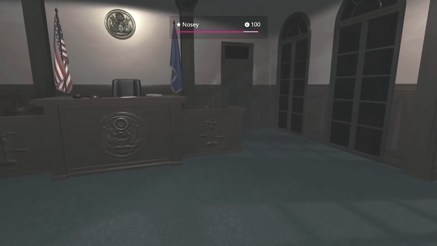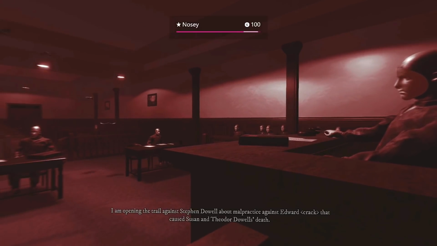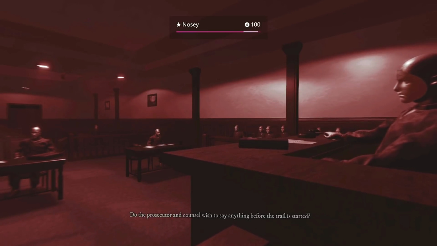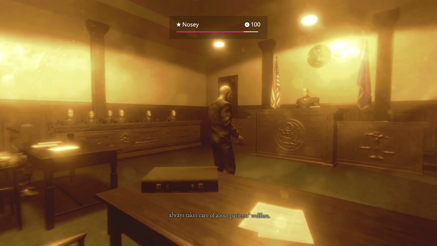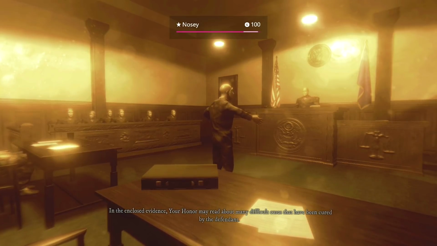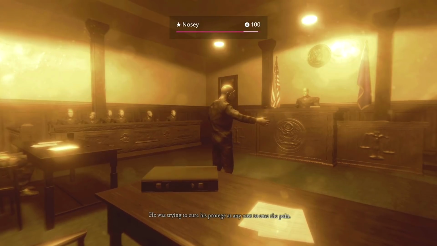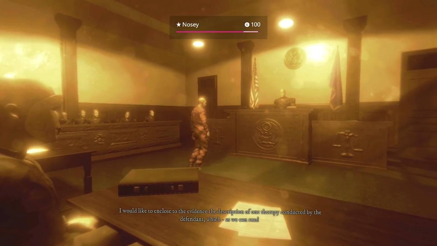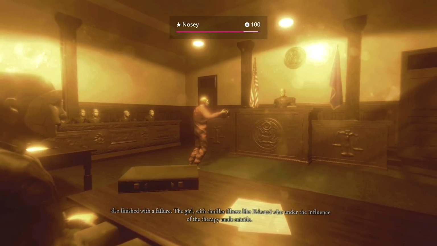Now you want to walk towards the stand, and another trial should happen. Malpractice against Edward caused Susan and Theodore Dowell's death. The prosecutor and counsel wish to say anything before the trial has started? My client, as a doctor, always takes care about patients' welfare. In the enclosed evidence, Your Honor may read about many difficult cases that have been cured by the defendant. He was trying to cure his protege at any cost to ease the pain. I would like to enclose to the evidence the description of one therapy conducted by the defendant, which, as we can read, also finished with a failure. The girl, with similar illness like Edward, who under the influence...